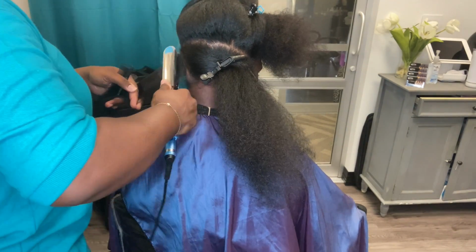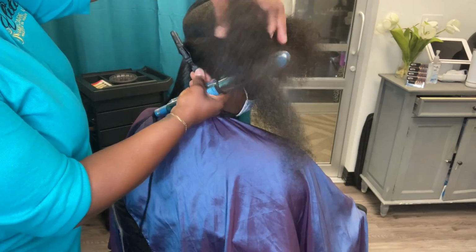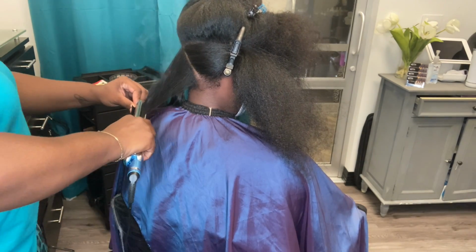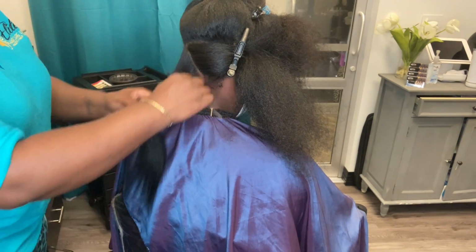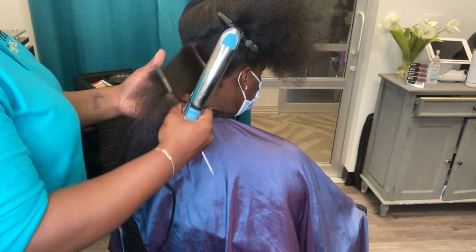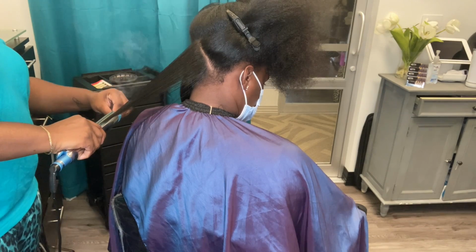The only thing that I will say is I use the Babyliss Prima 3100. The reason why I chose to use this iron rather than using my H2 Pro is because this iron is larger in the length of the plates, and I feel like it would do a lot better with her texture of hair. It's kind of hard to explain. I know what iron to use for what client, but I tell people this even at home, every iron is not going to be best for your hair. So just because I use one iron, that doesn't mean that you need to use that iron because it's best for your hair. You really should have multiple irons, but